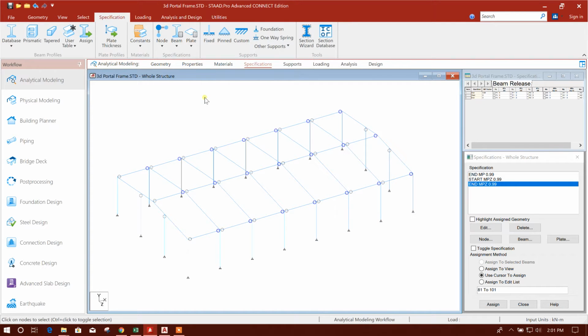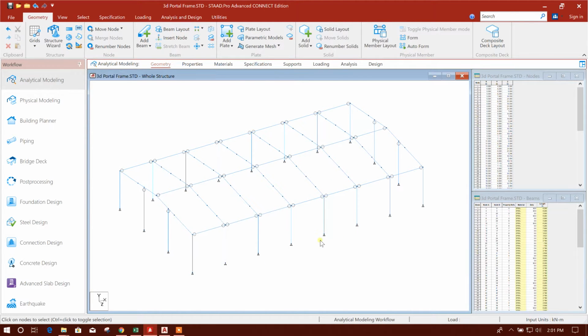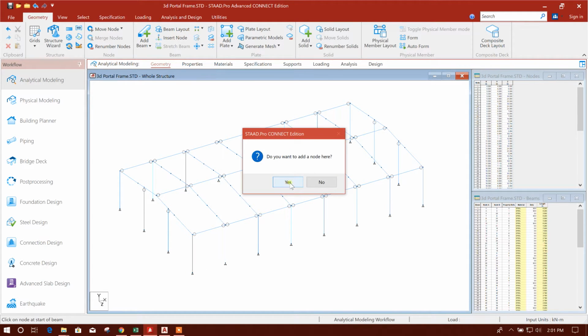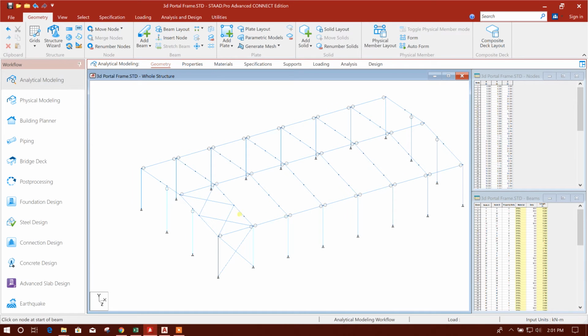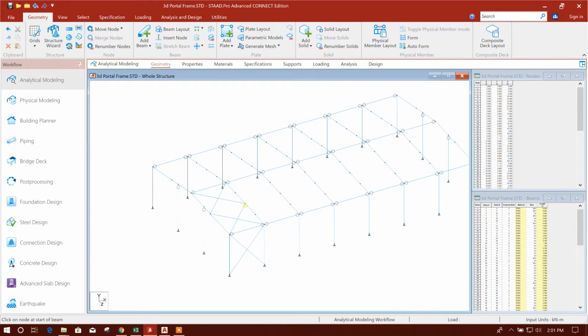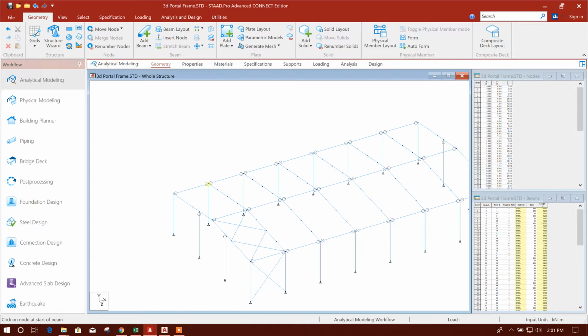Now I will model bracing. I will click on this. Now here this point to this point, here to here, then from here to here, here to here, here to here. This is the middle of the rafter. We have to add the node at the middle. I have added the node at the middle of the rafter, and